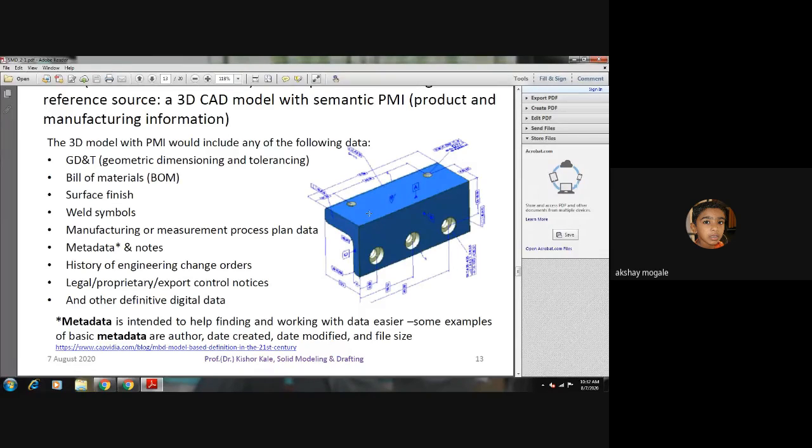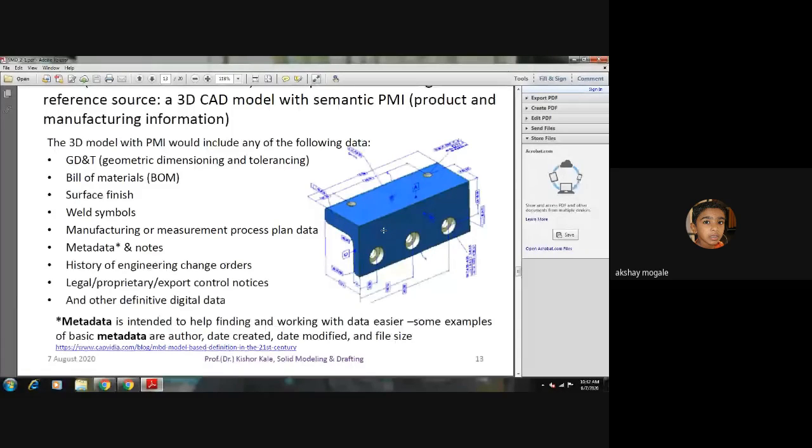Then history of engineering change orders. It means that when the model is created in your software, it will show which part was done first, whether this surface was done, or this hole was created, then the second hole, then this curve was created. All that history would be stored in the model itself.